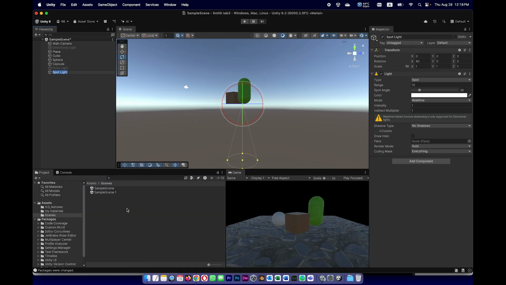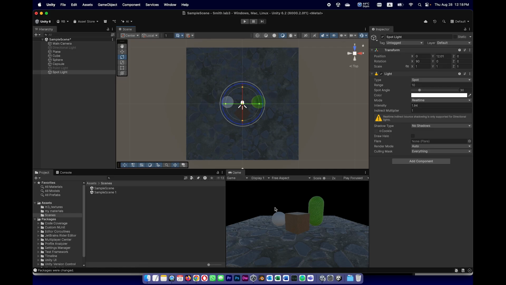And right now I see nothing. The reason I see nothing is because by default spotlights point down. So if I start bringing it up, I might start seeing something, but I'll have to increase my intensity by a lot and so on. Here's my hint. Use your Y to look above, and you're going like, oh, so it looks like it's above it. And what I really need, using the move tool, is to move the spotlight to be in front,